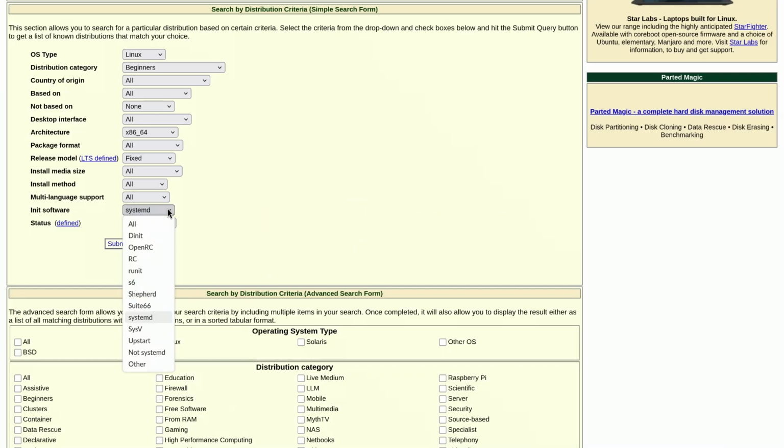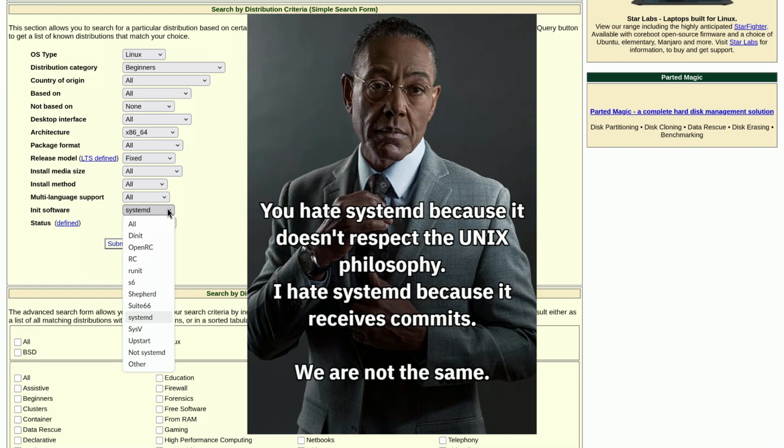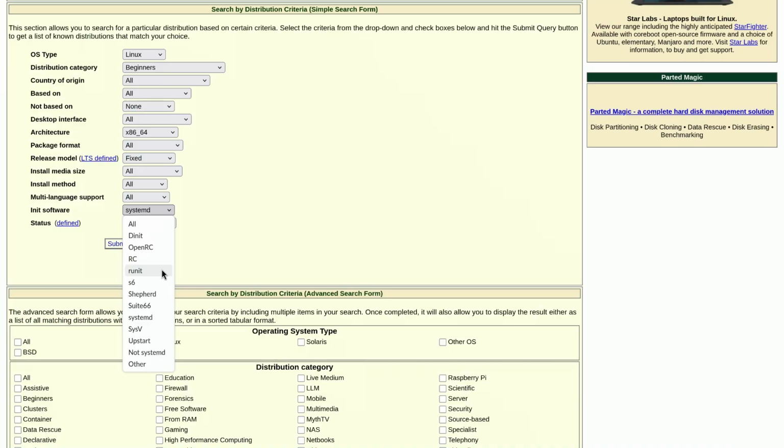But some hardcore Linux users absolutely hate it because they believe Systemd does not follow the core Unix concept of modularity and minimalism. Plus, it is highly complex and centralized. So, they prefer popular alternatives like Runit, SysV, and OpenRC. But if you are just starting or frankly do not care about the behind-the-scene debates, Systemd is what you will encounter most, and it is perfectly fine. But again, to get more variety, I will leave this as default.